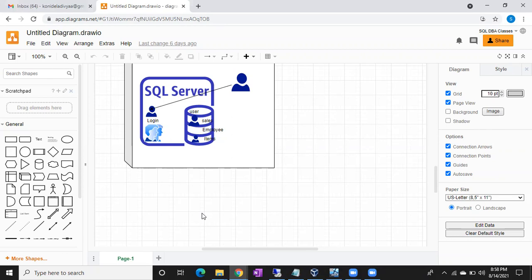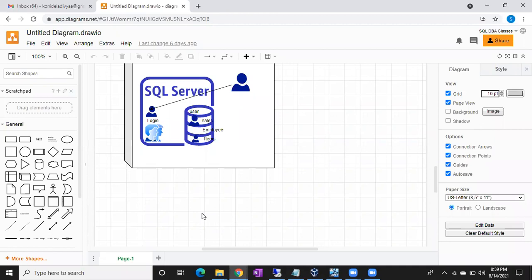Because server roles we can somewhat manage, but for database roles a lot of tables will be there, and on which table what kind of permissions to give, we don't know. Every time you have to ask developers, which is very difficult. So we simply ask users to create a script for that. They will create the script and give it to us, we simply run that script, and it will create the customized database role with permissions.